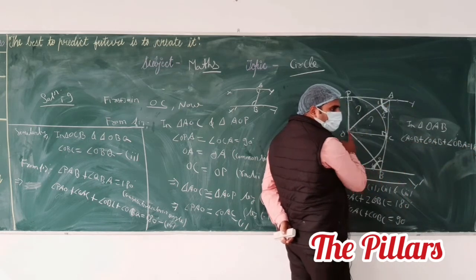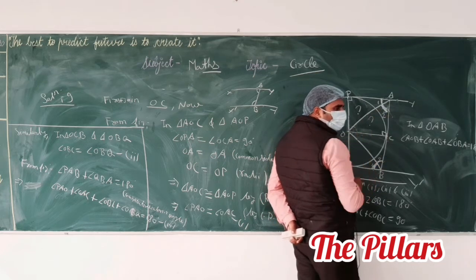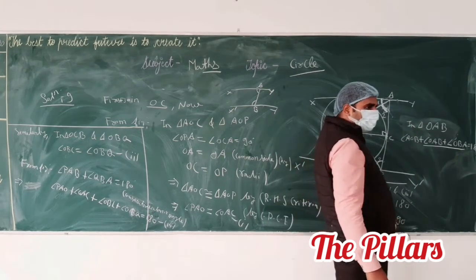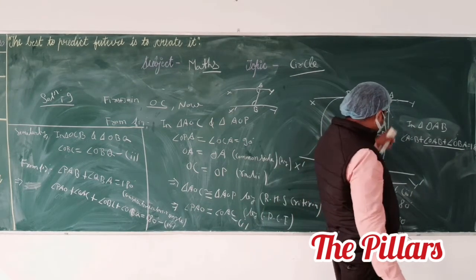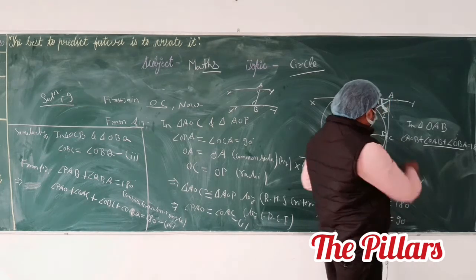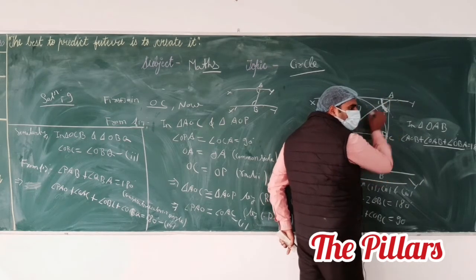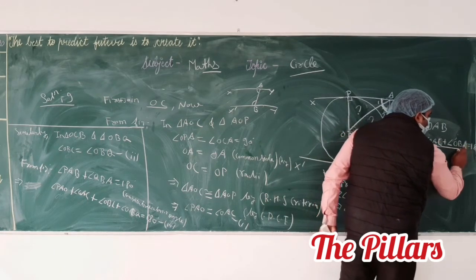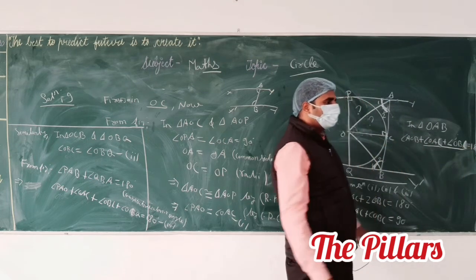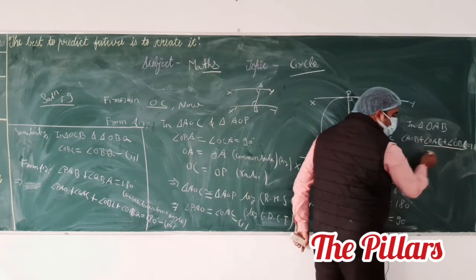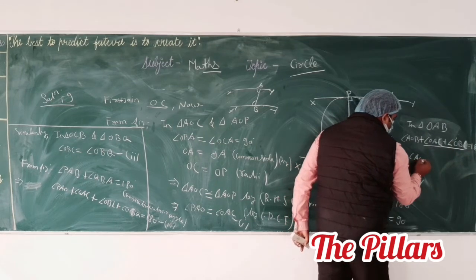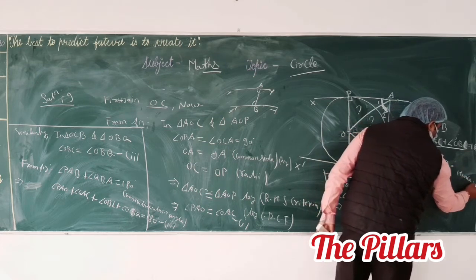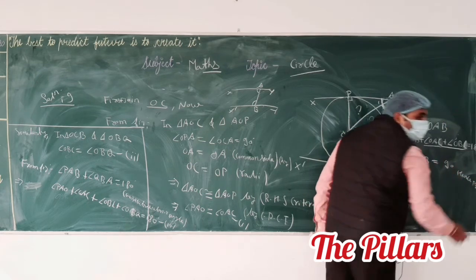In triangle OAB, angle OAB plus angle OBA plus angle AOB equals 180 degrees. You see that this we have to calculate, 90 degrees. Whether I mention OAC or OAB, both are the same angle. Either OAB or OAC. If you want, you can mention here OAC and OBC equals 180 degrees, and this value is 90 degrees. This implies that angle AOB equals 90 degrees. Hence proved. Anyone have any problem? Wait.